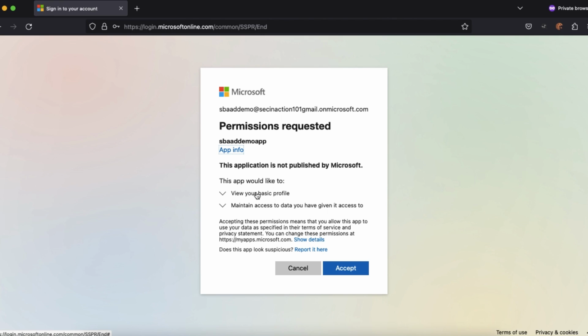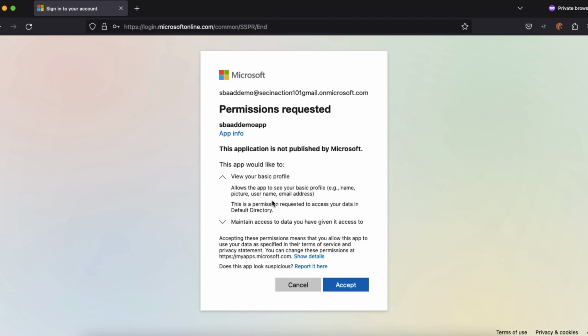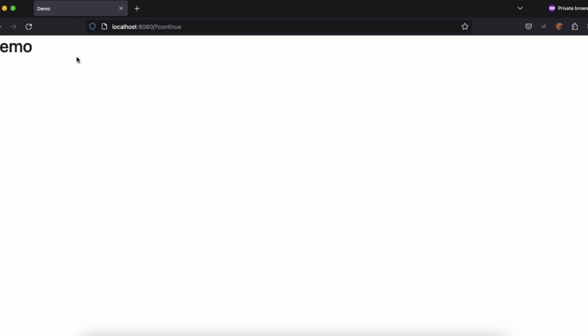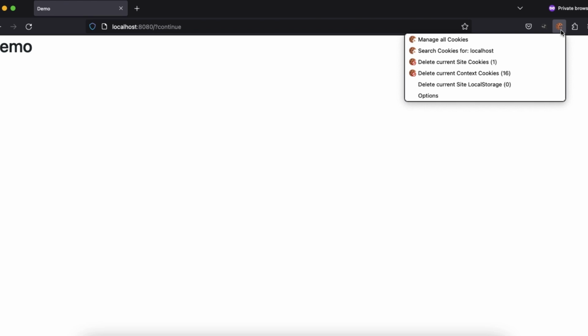So you can see when I try to access this app for the very first time, AzureAD will show this consent screen where it says, as a user, if I'm okay with sharing my basic profile details like name, username, email address with this particular application called SB app, AAD demo app. So once I click accept, I am logged in. So actually I'm logged into the application. Even though you don't see any user details here, I'm actually logged into the application. We will do some enhancement to show the user details. So now let me clear the cookies